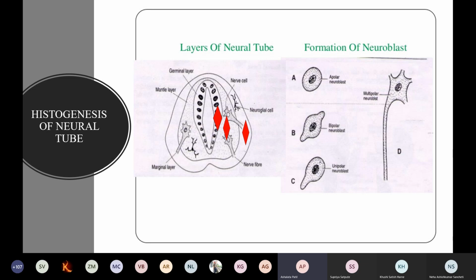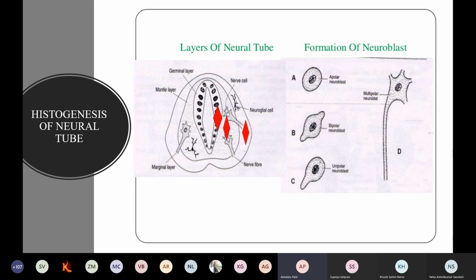So this is the formation of the neural tube, then the formation of the brain vesicles, formation of the cavities, fate of the cavity, then flexures we have seen. Next are the changes in the wall of the neural tube, because this is just a neuroectoderm, which is depressed below the surface ectoderm. Further changes take place in the wall, and then the gray matter, white matter, neurons, axons, everything will be formed. This process is called histogenesis.